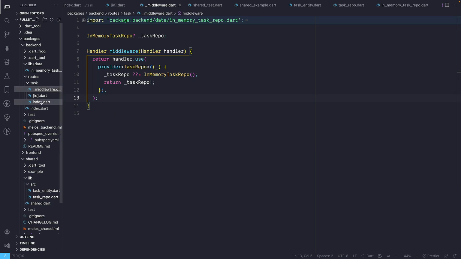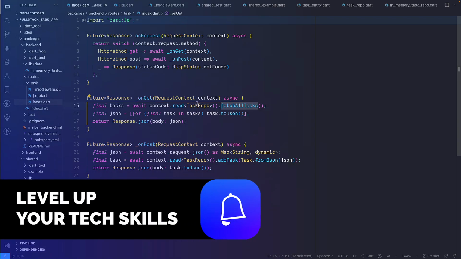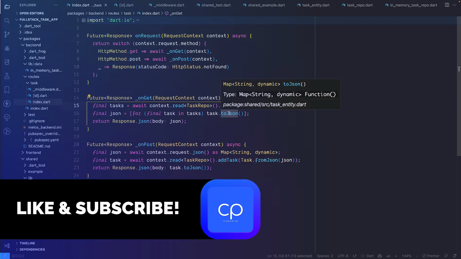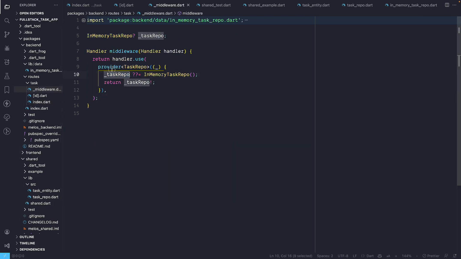Whenever we go to this index.dart, we are returning some fetch all task and so on, but where are we specifying which task repo we are talking about here? Is it a real database or is it an in memory database? We are not specifying it anywhere. So that's where we have to specify it somehow. That's why we have used this middleware, where we just say that please provide me this task repo as